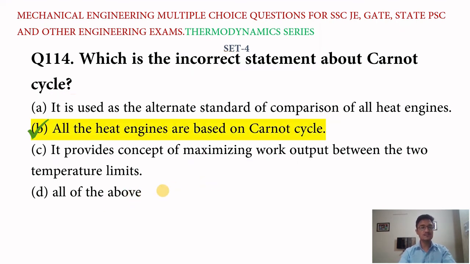So the answer is: all heat engines are based on Carnot cycle is the incorrect statement, because the Carnot cycle is a reversible cycle, and in this universe none of the processes is reversible, all processes are irreversible. There is always some heat loss. So next question is,